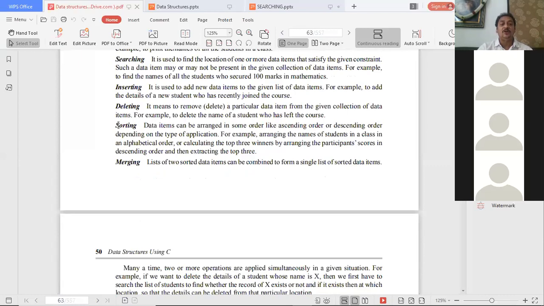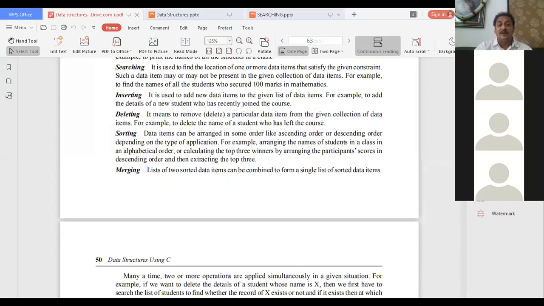The next one is sorting. This is most important in a particular data structure. See, now 129 students are there in the list. How are you people separated? 65 in one class and 66 in the other, divided into two different sections. How did they sort you? Did they follow any order?